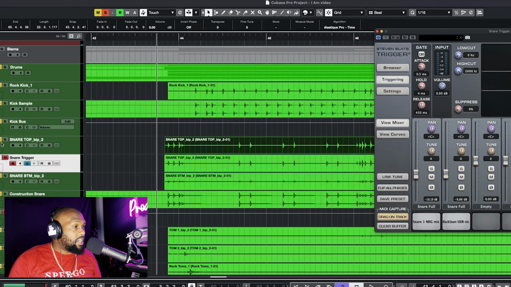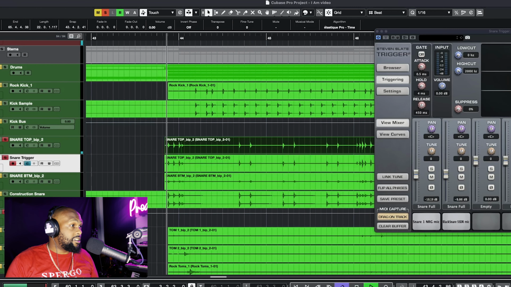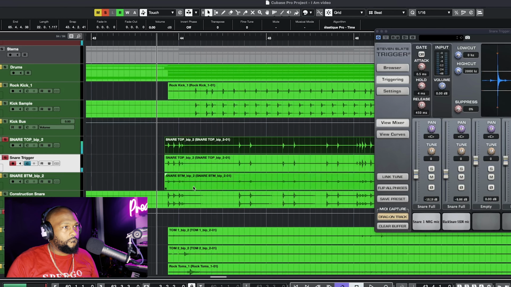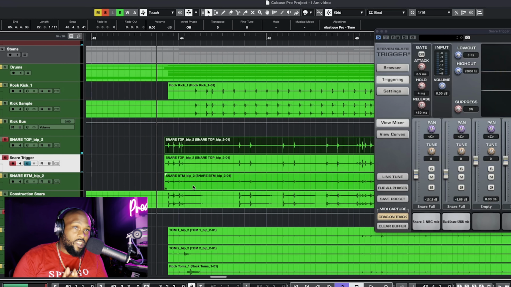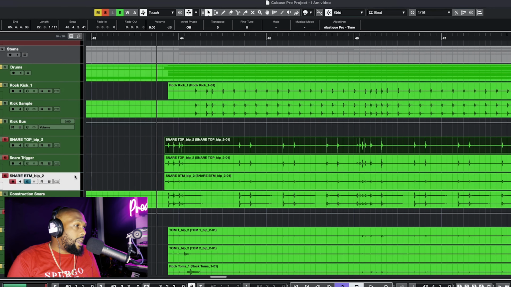Almost sounds like a little trash can. That's what we have there. So let's play that with the snare top together. This is what we have. Cool. And if you hear, now we have the transients from the actual snare top and the ambience from the snare trigger track. So the next track that we have is the snare bottom track,